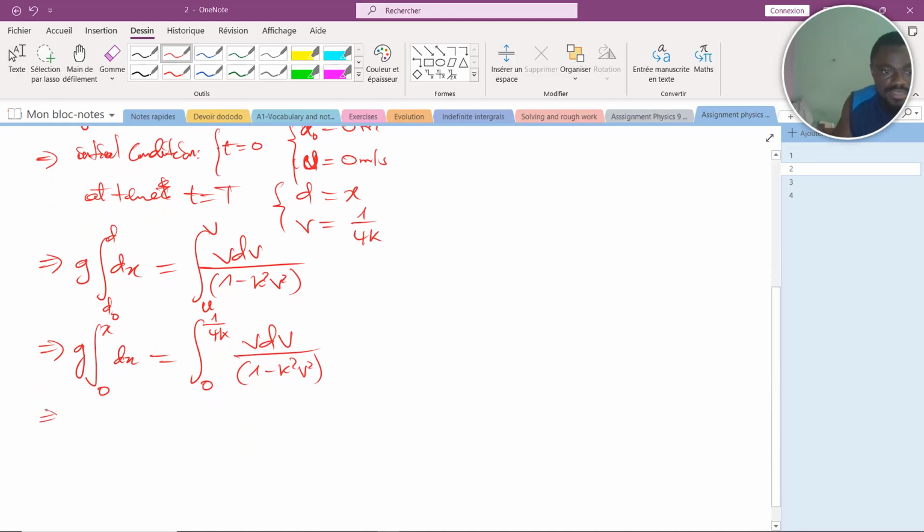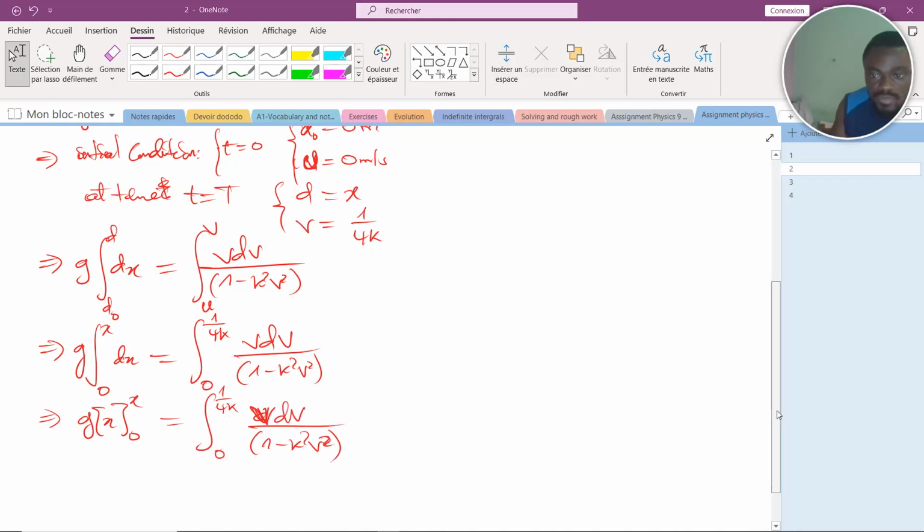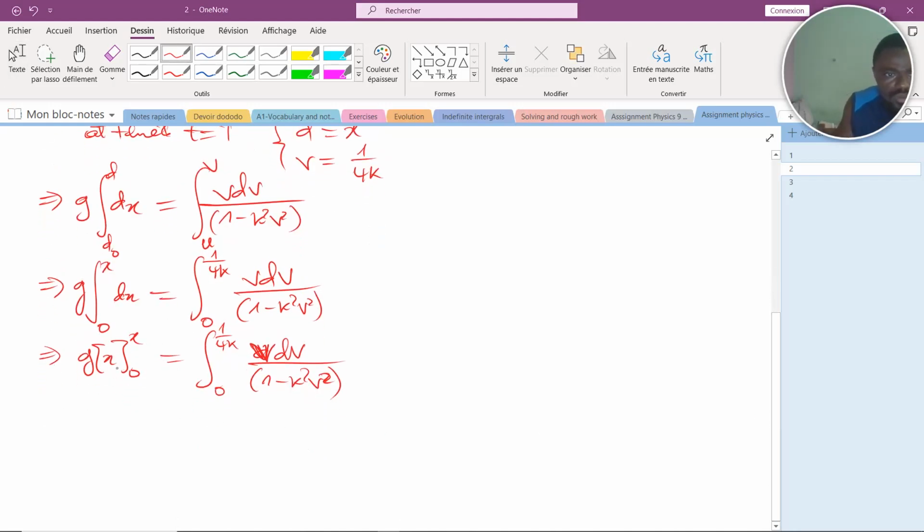So we are going to have g, the integral of dx is what? Is x. You understand? So we are going to have x boundaries from 0 to x, which will be equals to integral from 0 to 1 on 4k v dv on the 1 minus k square v square. Is that okay? Okay. Now, when we substitute the upper and lower bound here, we simply make x, this x